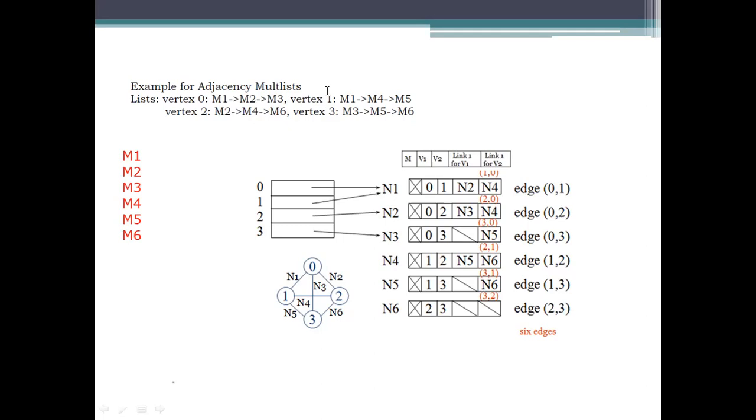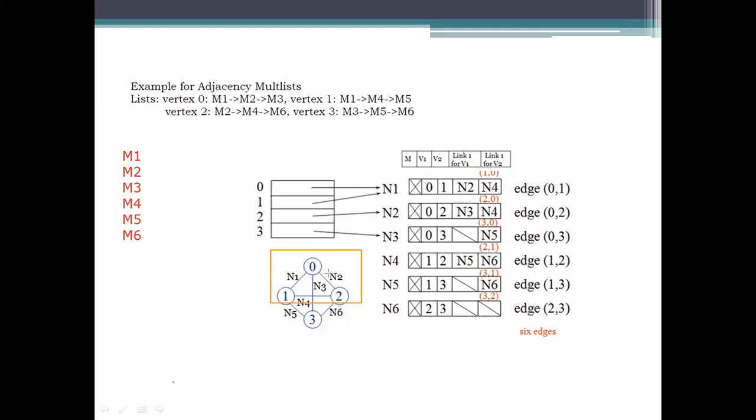see this one, what I pointed here: these are the edges between 0 to 1, 0 to 2, 0 to 3. These will also be the edges for 1 to 0, 2 to 0, 3 to 0. That's why we mentioned that these edges we are using from 0 to 1 will be represented for 1 to 0, 2 to 0, 3 to 0. And this is the edge for 1 to 2, and we are also implementing this for 2 to 1, 3 to 1 and 3 to 2, since it is for 2 to 3.